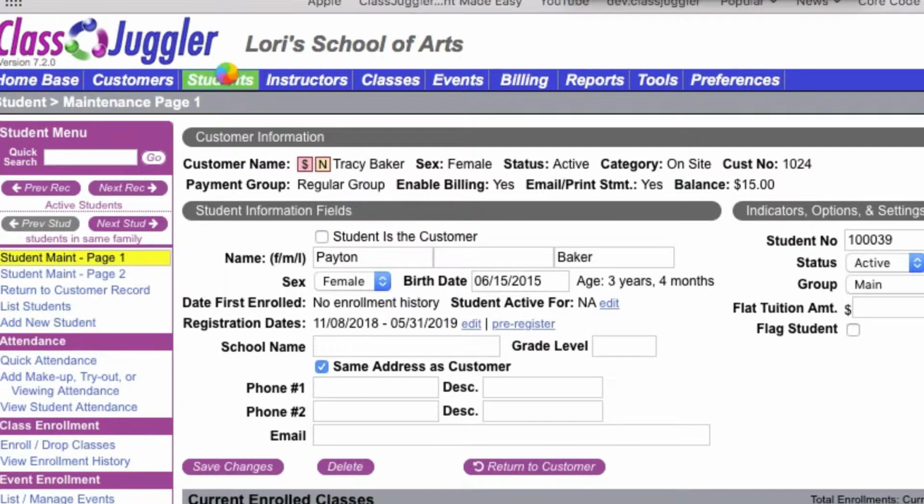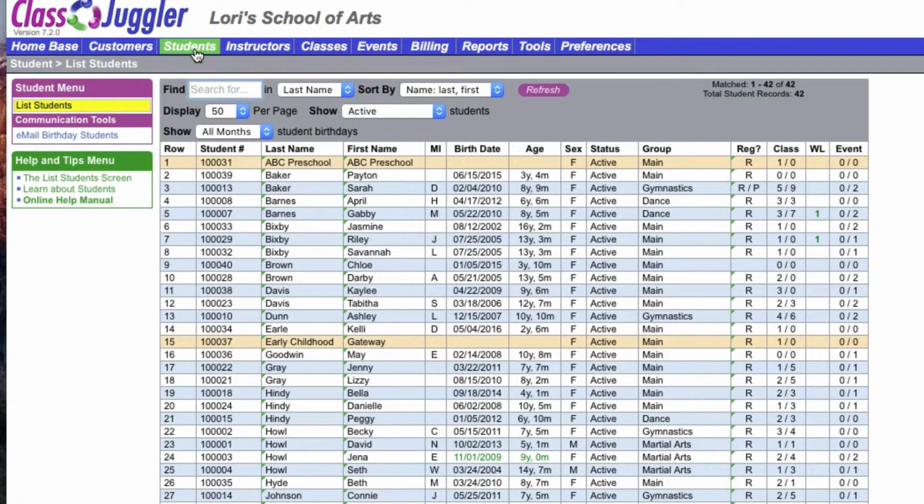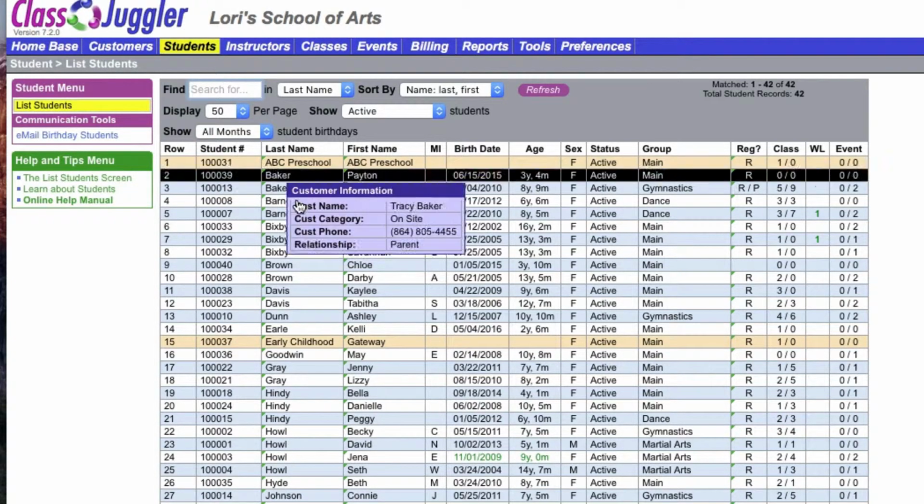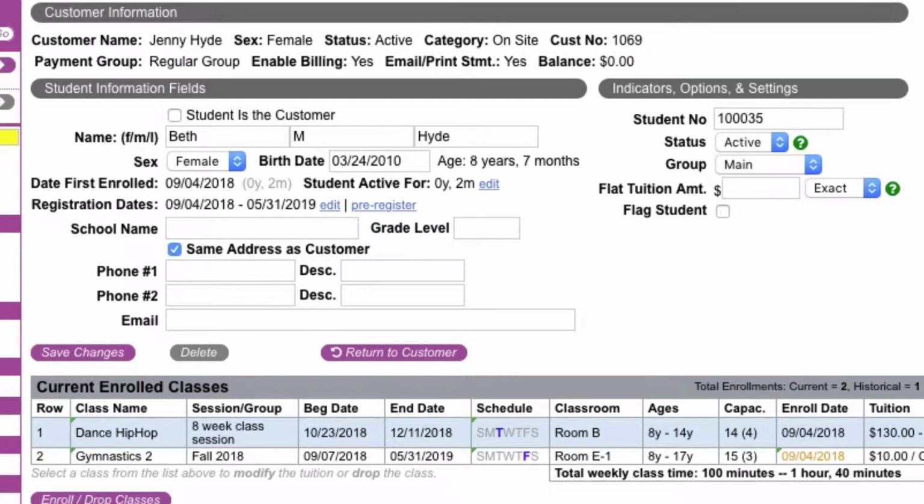I'm going to go to my student list again, and we're going to pre-register a student from our list. Beth Hyde's mom wants to go ahead and get Beth pre-registered for next year. So I'm going to click on Beth's name, and then I have her student maintenance page 1 up. So I'm going to go to the registration dates, and you see the pre-registration link right here. I'm going to click on that link,